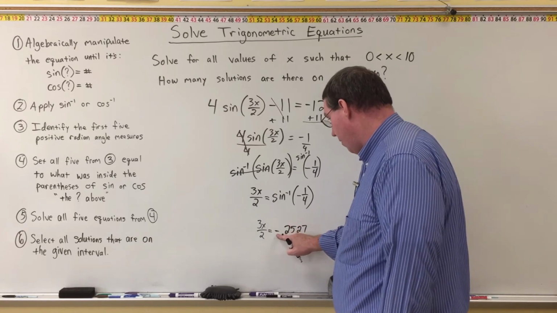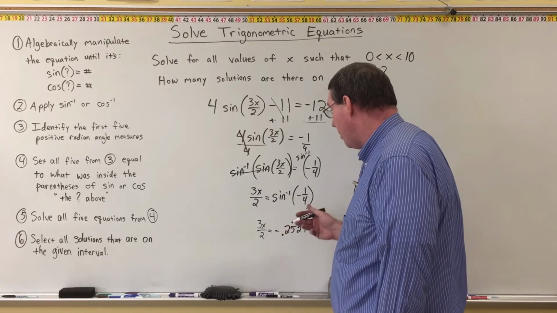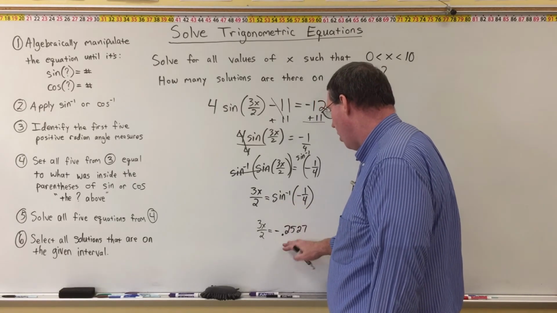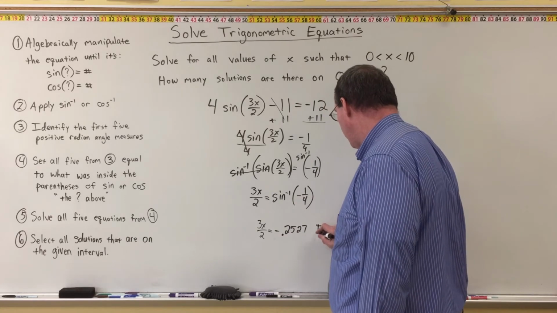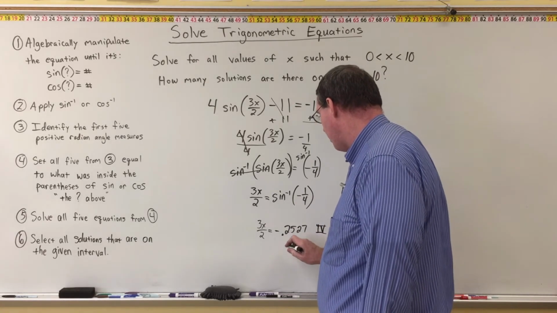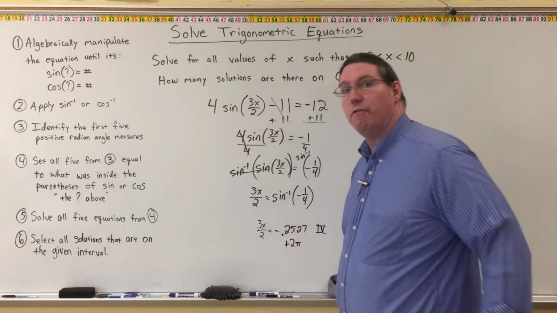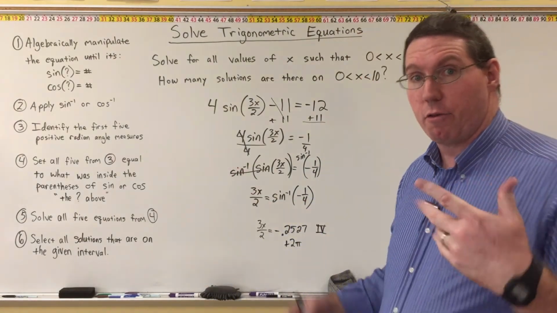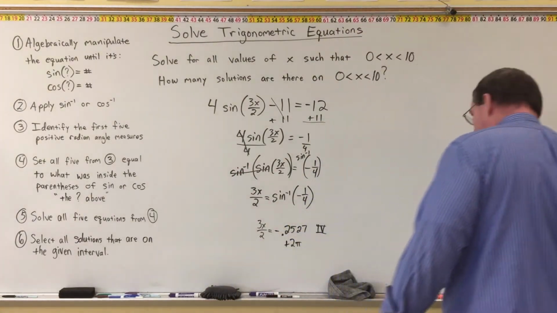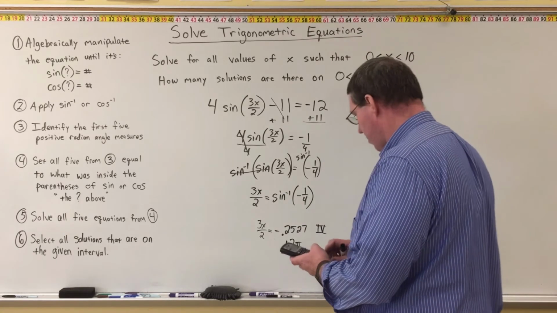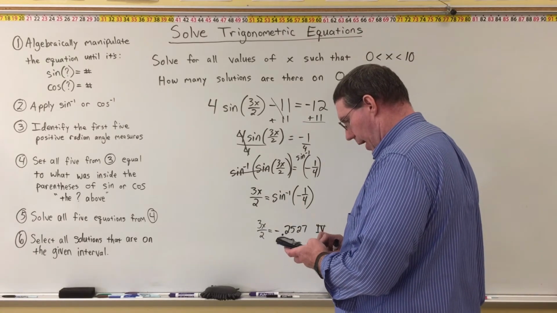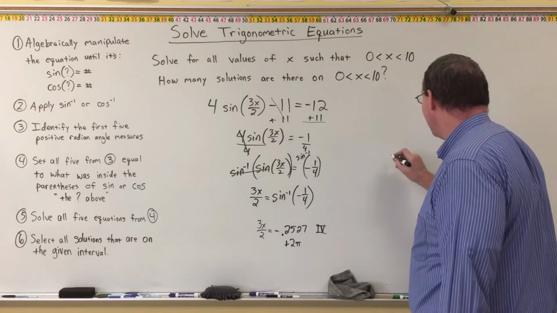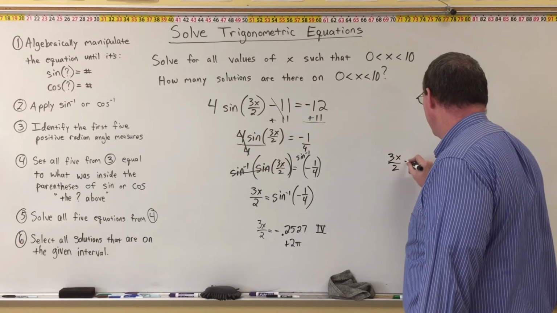Because it's negative off of sine inverse, and all the negative answers to sine inverse are in the 4th quadrant. So remember what I said to do is that you should add 2 pi to this. Add 2 pi, and that'll give you your second answer. You then have to use that and go backwards and get your first answer, which is in quadrant 3. So we're going to take this negative 0.2527, and we're going to add 2 pi, and that gives me 6.0305. So my second answer, 3x over 2, is equal to